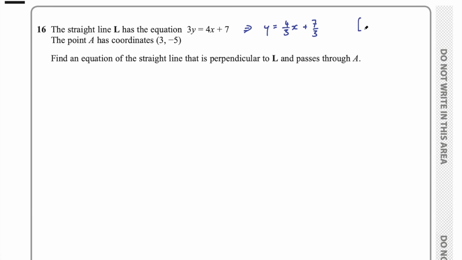This is like y equals mx plus c. So then we can know that the gradient of this line is 4 on 3 straight away from this equation. And we also want to note that when we know two straight lines are perpendicular, meaning they're at right angles, their gradients are negative reciprocals of each other. So if we make a note that we know the gradient of L is 4 on 3 from this equation, we also know the gradient of the perpendicular line,